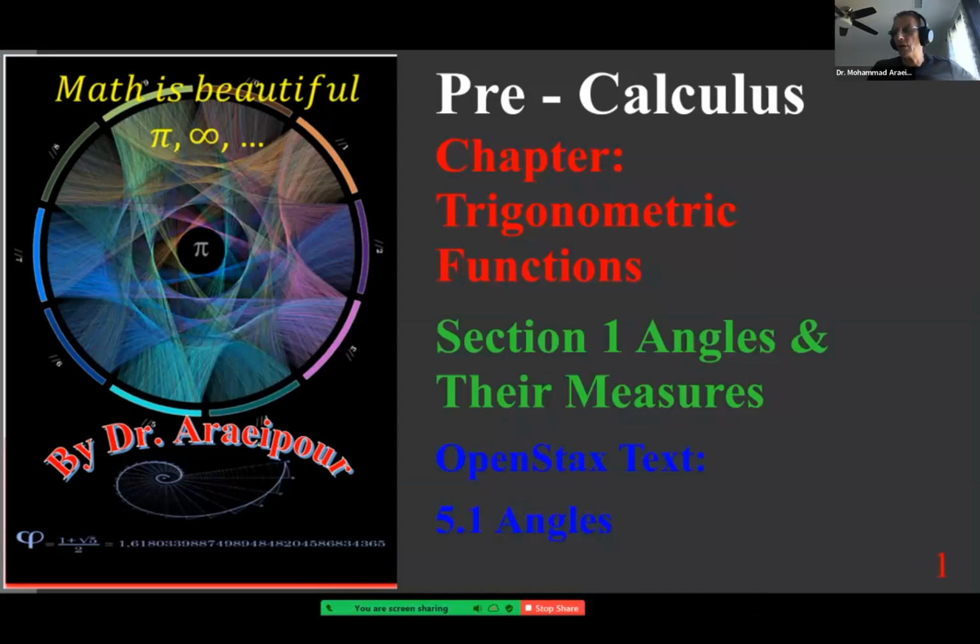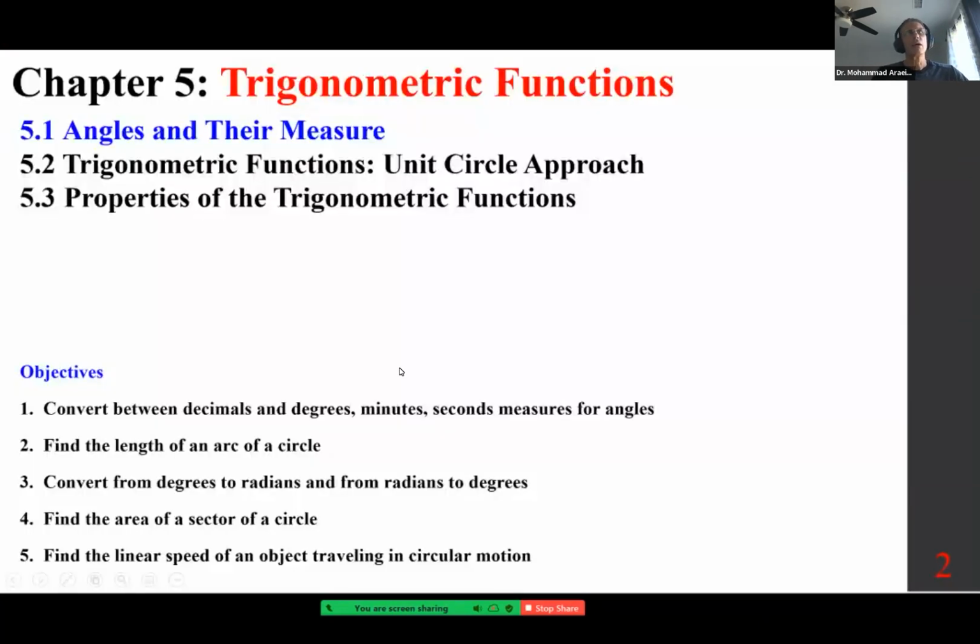Good morning, class. We are looking at section 1, angles and their measures. In OpenStax, this would be 5.1. So we are going to look at angles, trigonometric functions, the unit circle approach, properties of trig functions, and the objectives. We're going to convert between decimal and degrees,